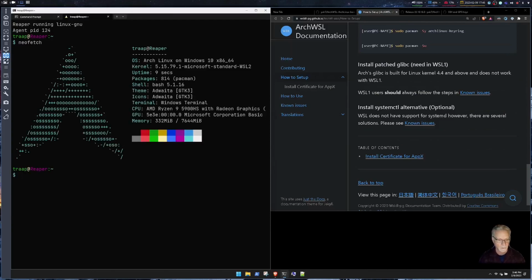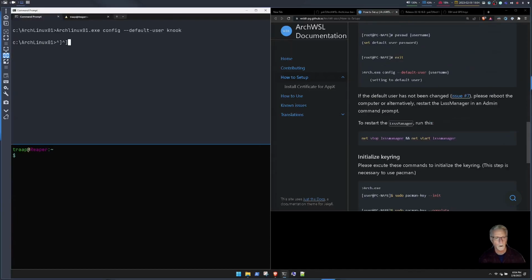That's what we would expect. Now the very next. Okay, I had a small problem, so off screen I fixed it. Windows Terminal actually crashed on me, so I fixed a small problem. So we left off where we had just created the default user, and we're at this step where the instructions